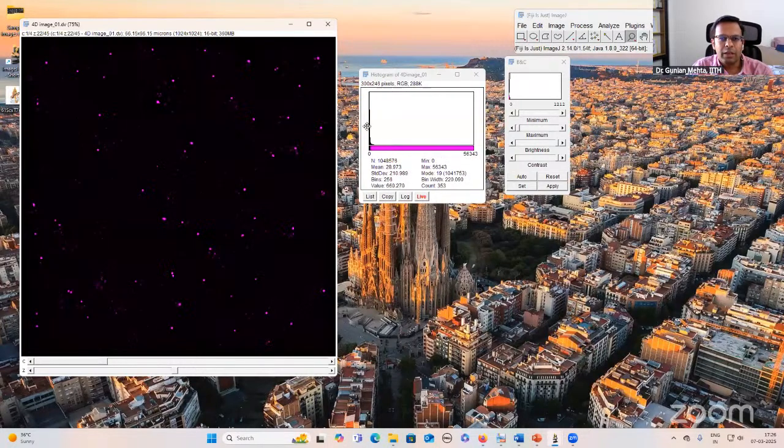So now you can see that most of the pixels are towards the left side, and there is a very thin tail which we are not able to see here, right? So if you ask me where exactly our data ends, I cannot say that by looking at this graph. So what I can do is convert it into log scale. Here is a button for converting this representation into log scale. If I convert this graph into log scale, then you can see that here my data ends. Okay. So only this many gray levels are actually used.